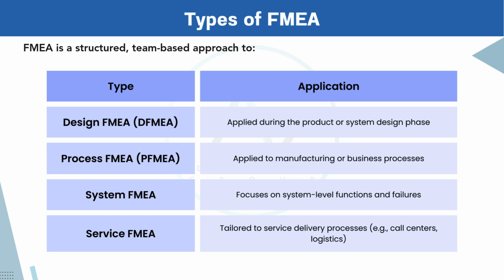3. System FMEA. This form looks at the system as a whole, particularly at system-level functions and potential failures that occur due to interactions between subsystems. For example, in an aircraft, System FMEA might assess what happens if communication between the flight control and navigation system